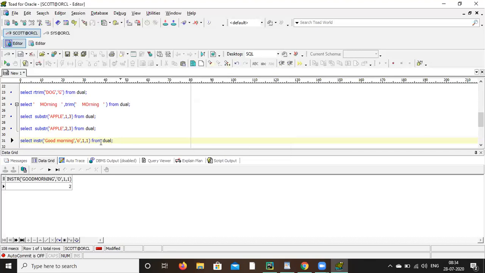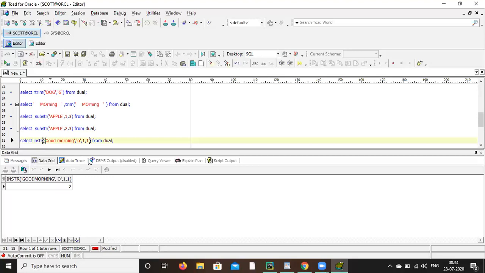Run it. So INSTR, what will it give? It will give the position of the O. And 1 means it will start searching from the beginning, and the other one is the first occurrence.